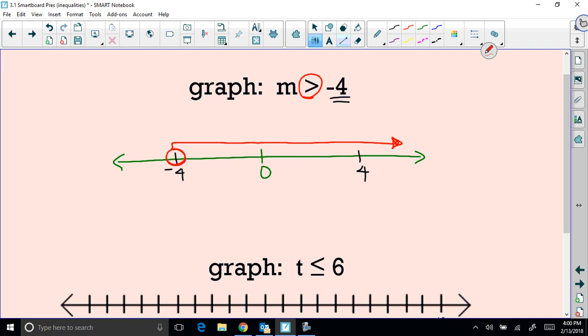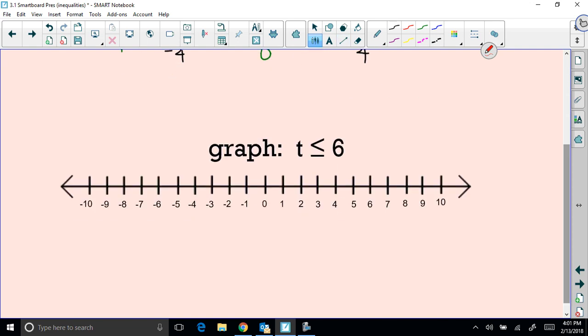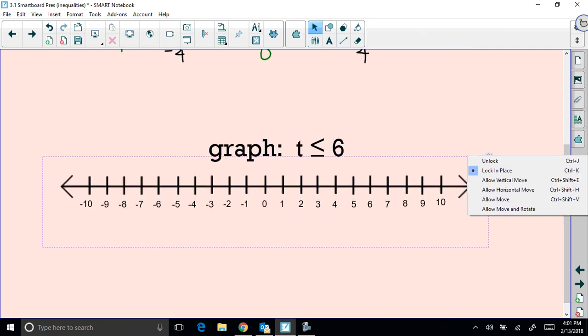Okay? And yes, you can shade the direction the arrow is pointing as long as your variable is on the left. That only works if your variable is on the left. So you want to make sure you always put it on the left. Okay? Okay, so for this next one,